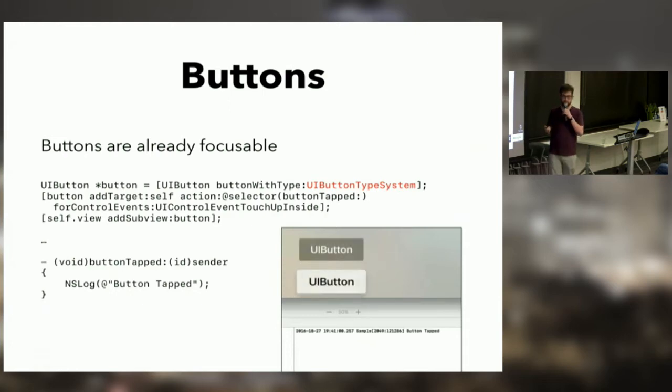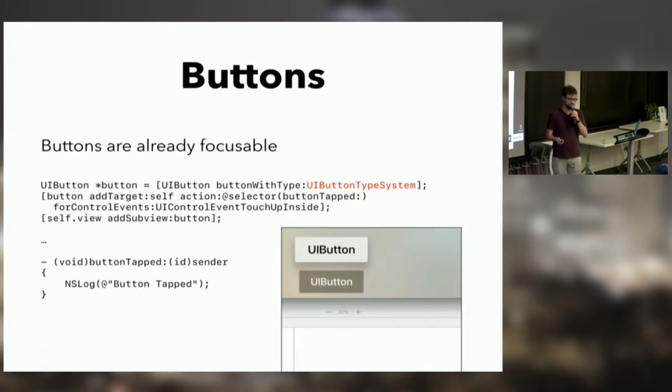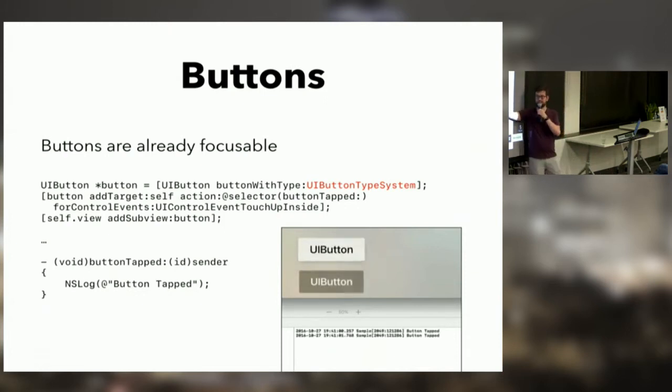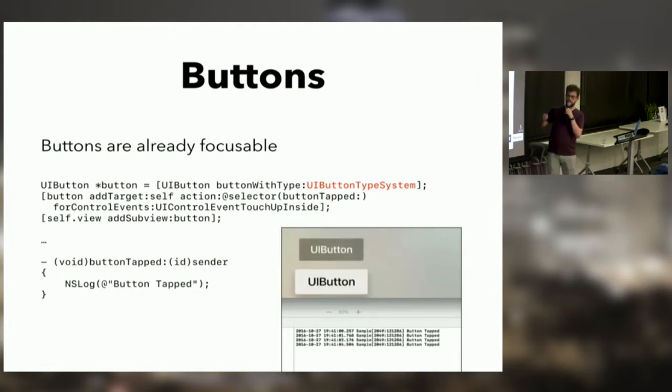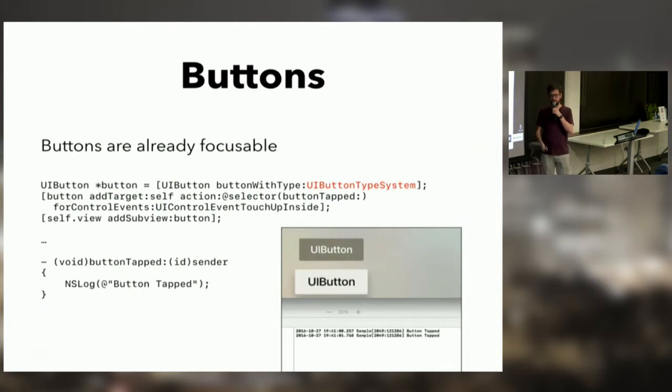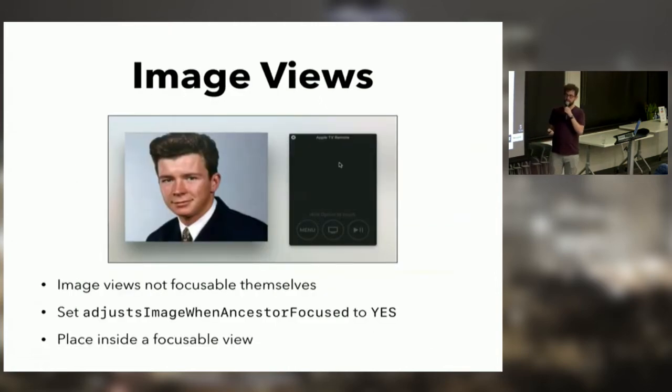Now onto the components that tvOS gives you for free. UIButton, if you're an iOS developer, you probably know UIButton. UIButton has a specific type just for tvOS that gives it this nice styling. UIButtons also adopt dark mode by default, which I'll talk about later in this presentation. But if you need buttons with this appearance, which are very common in tvOS, I recommend just using a UIButton and not reinventing the wheel.